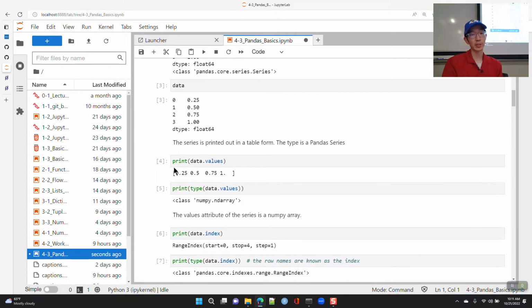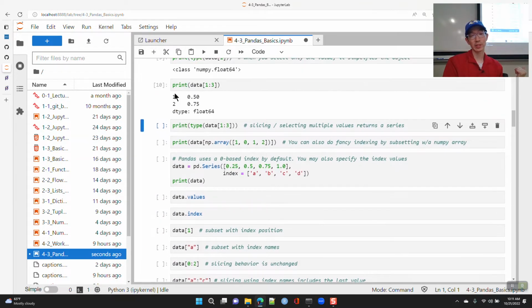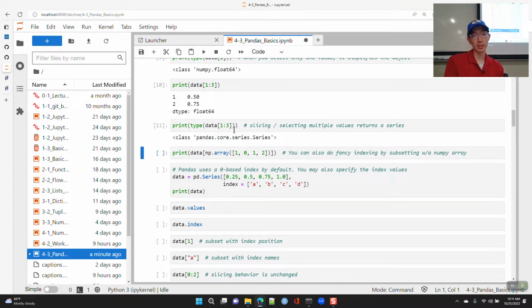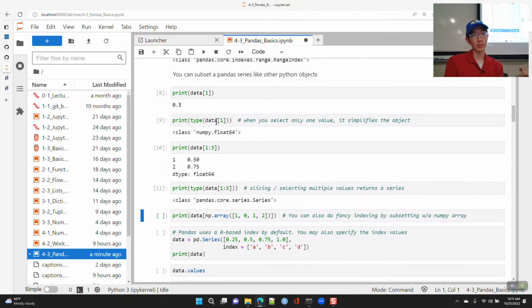Because the original series starts off at index 0, 1, 2, 3, and I've sliced it from 1 through 3, it pulls out the corresponding index 1, 2, rather than starting off at 0 again. Okay, and if you ask what is the type of this thing, it will say it's a series. So if you only select one value, it simplifies it. If you select multiple values, it's going to retain its series structure.